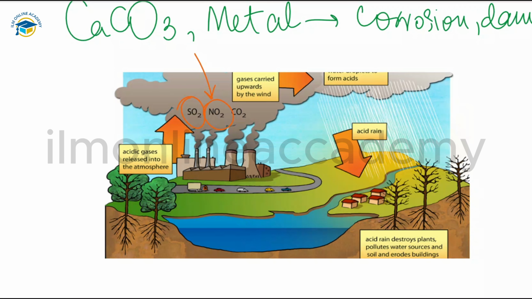When this acid rain comes to the land, it runs off the fertilizers from the soil, and it also has effects on the trees and the buildings. It has effects on the water chemistry and water biology of our lakes and rivers, and also on the chemistry of the soil. So this acid rain is affecting all the life that is present on the earth. So this is how the formation of the acid rain happens, and we also have some main sources for this, which I will show you.